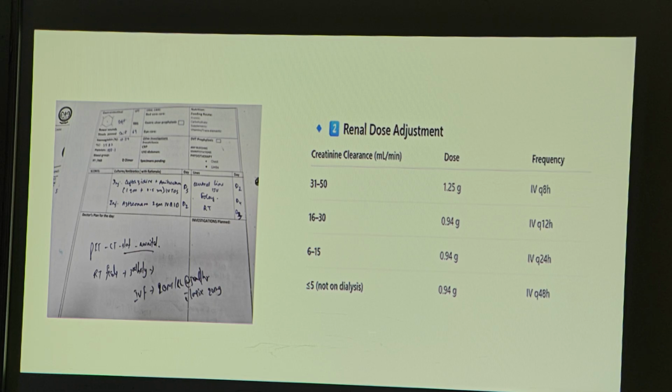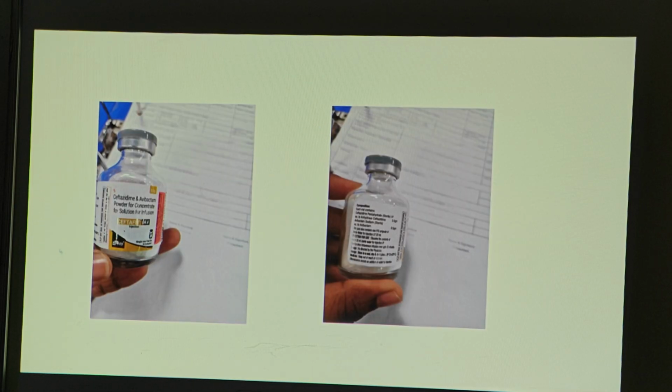So this is the second case, sir. I am also a little bit confused, sir, about how we have to titrate the dose with these varying creatinine clearance values. We'll discuss that, sir. It is difficult, because most of the time the doctor will write a particular dose and we will mention it, but the nursing officers are a little bit confused. They are giving the extended infusion, that part they are doing, but the dose they are not able to titrate properly. So this is the second case.